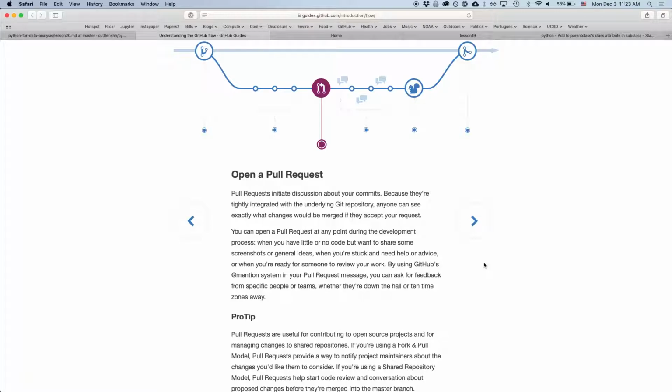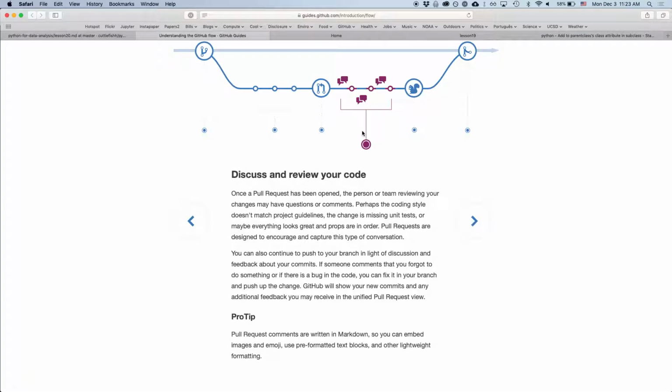You then open a pull request. This is telling other people that work on the repository, hey, I made these commits, I made these changes to these files, and they were part of these commits that did these certain things. I'm opening a pull request where I'm requesting that you pull my changes into the master, which is going to happen later. It doesn't happen right away, though, because there's a discussion period